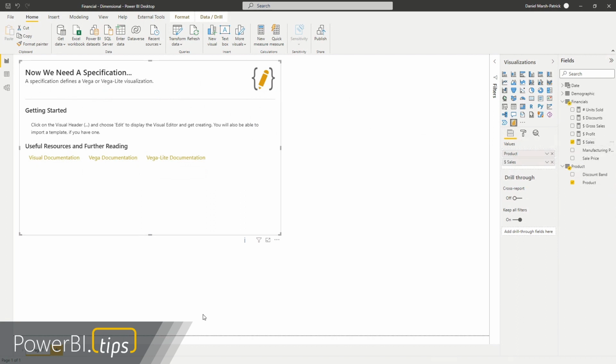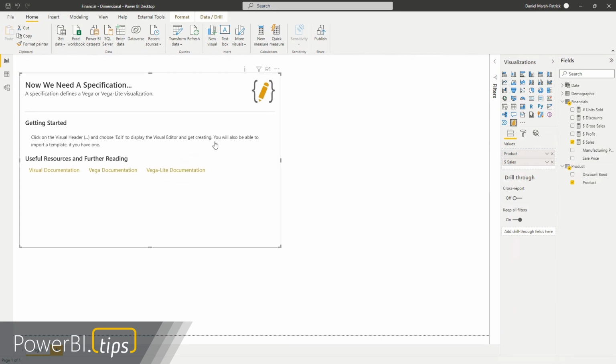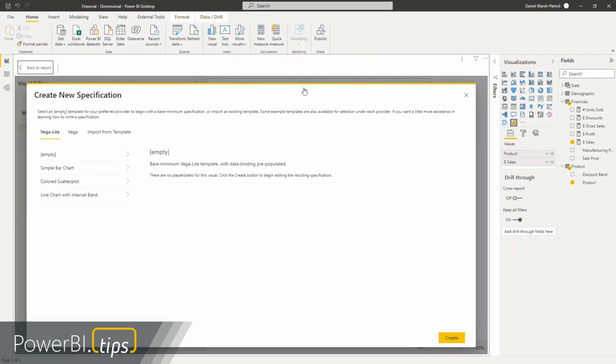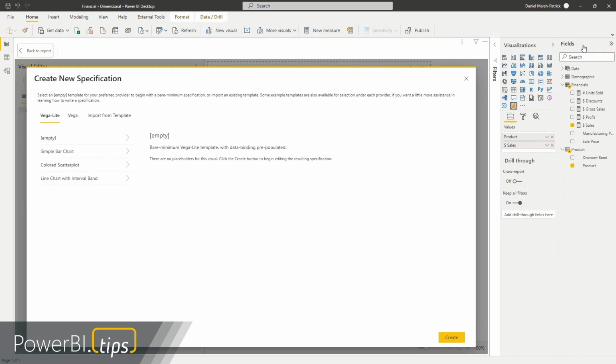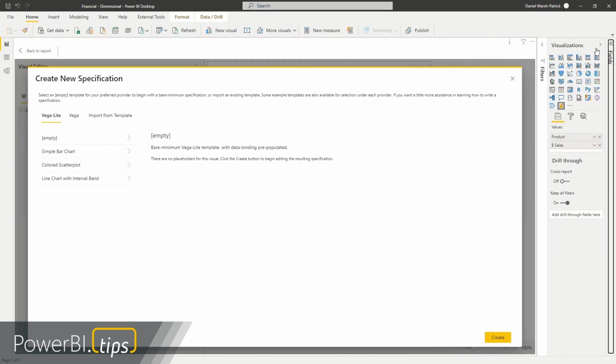Perfect. And what we can see is down here, actually, let's make it a bit more generic. If we move it off the top of the page, the ellipsis is on the top of the visual. Now, some visuals, Charticulator included, have the ability to expose what's called an advanced editor. Not all visuals have this, but Deneb does. So we click on the edit button, and now we get an interface that's as full screen as we can do it. I can make a bit more room if I want by minimizing the ribbon and minimizing the fields. We get a landing page, and what I've done is I've built some very simple examples to get started,